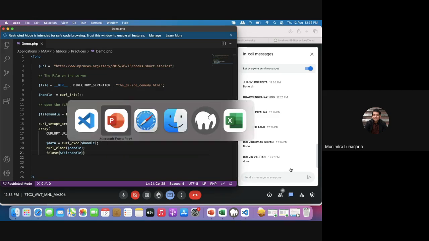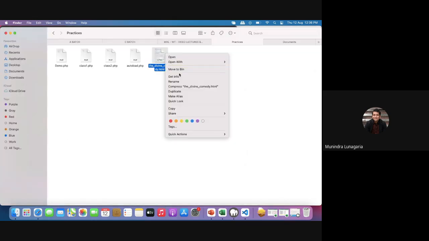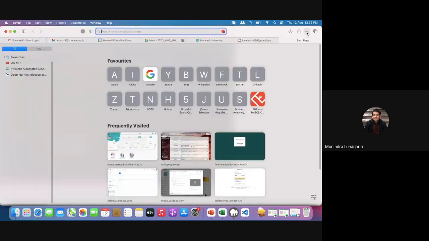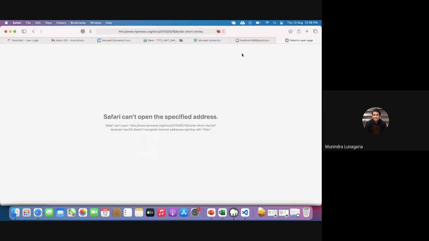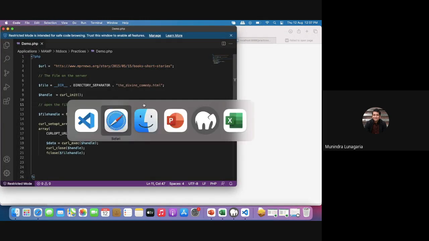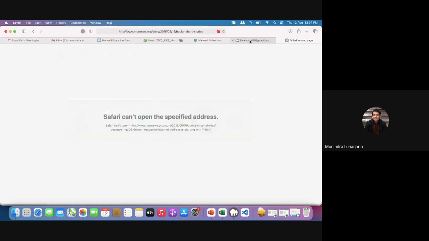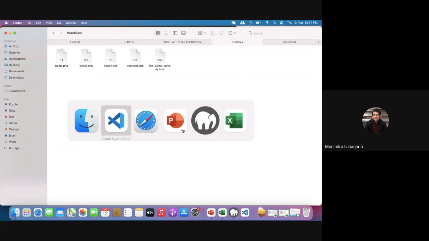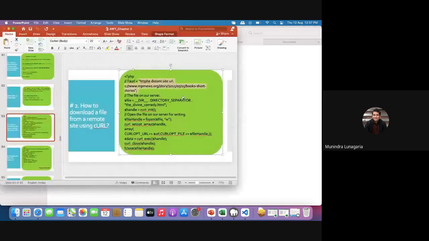Let's execute this. I have removed that file previously. First of all, let me show you the URL, what exactly the URL is. We are going to fetch this. Something is wrong. Yeah, divinestory.com. Fine. So let's execute once again. I think the URL is wrong. Let me copy it one more time.